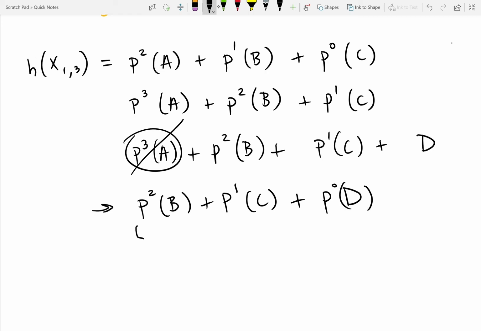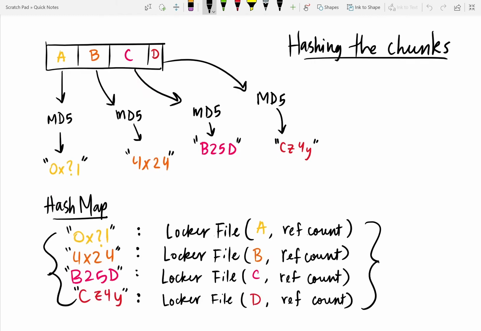And this is actually the rolling hash value for the next window, B, C, D. All we had to do to get this was multiply everything times p, add the incoming byte d, and then get rid of the highest term, which is p to the window size times a. In a constant number of 3 operations, we've managed to find the rolling hash value for the next window. So now we have this ingenious way to calculate the hash for every window in our data